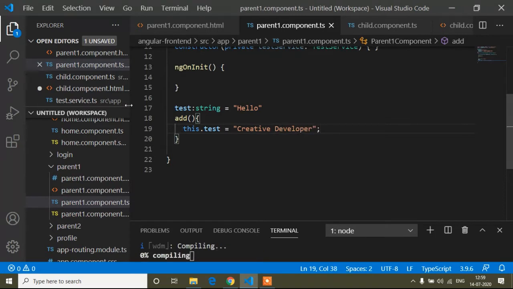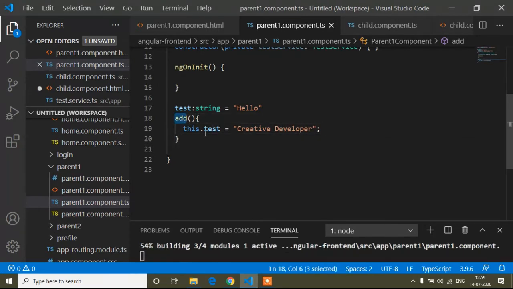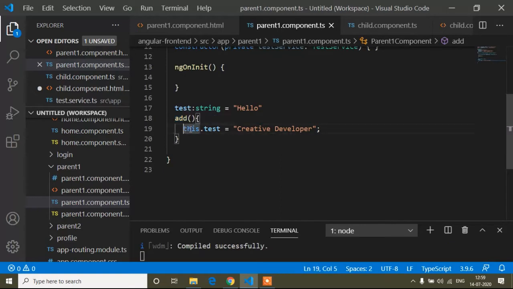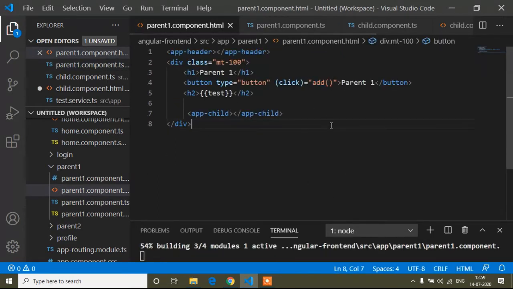That means when I click this add button, it will be changed. So you can see I am changing the value of the test variable from hello to creative developer. Now save, and in our parent component I will save that. So let's see the view.